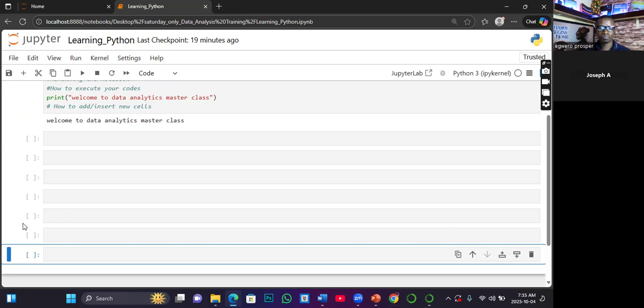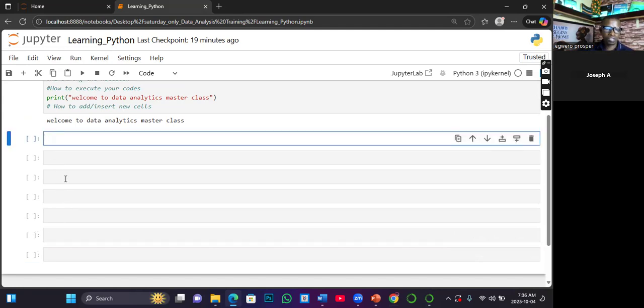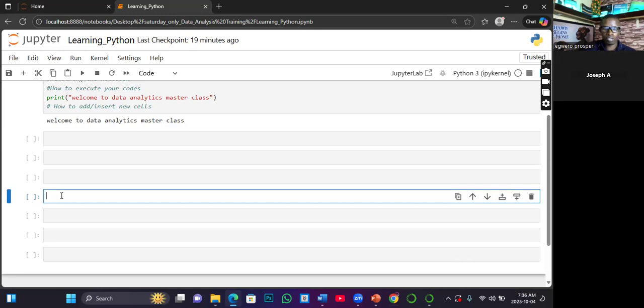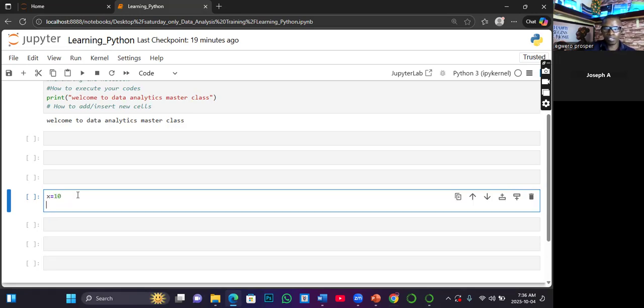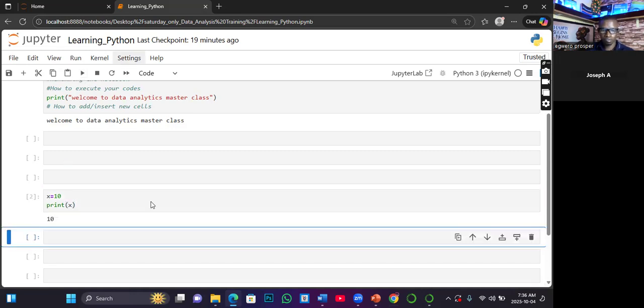Yeah. But can I, now I have 1, 2, 3, 4. Can I jump this cell and go and write code on this last one? Will it run? Yes, you can run. Yes, let's try it now. Let's say I have S equals 10, and then I say print S. Look at this. If I run it, it can work. Is that clear? Yes.